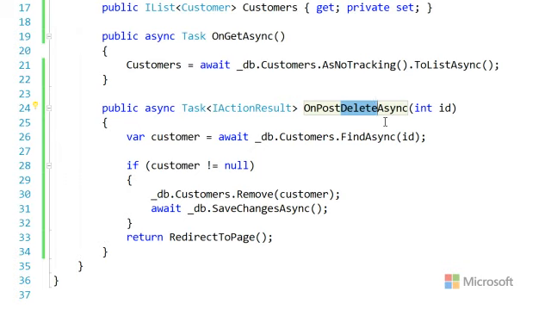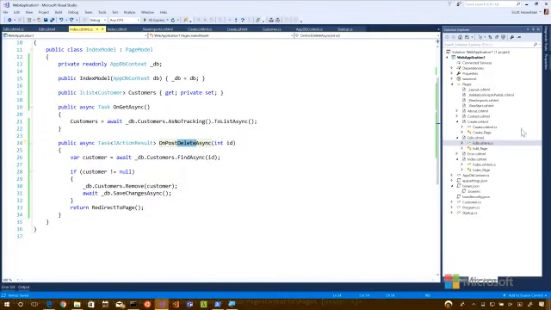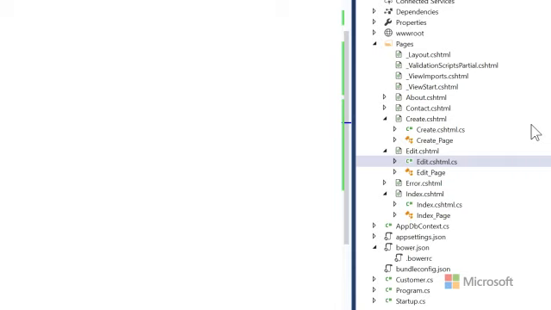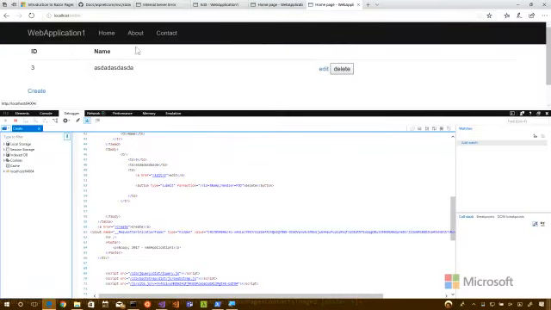Cool. So we saw lots of different handlers like gets and posts and custom handlers like delete. We saw some tag helpers that will generate buttons and links for us. We saw layout pages. We saw validation, both summary and individual. And we looked at routing in a little more detail. One thing that would be worth pointing out about routing as well,